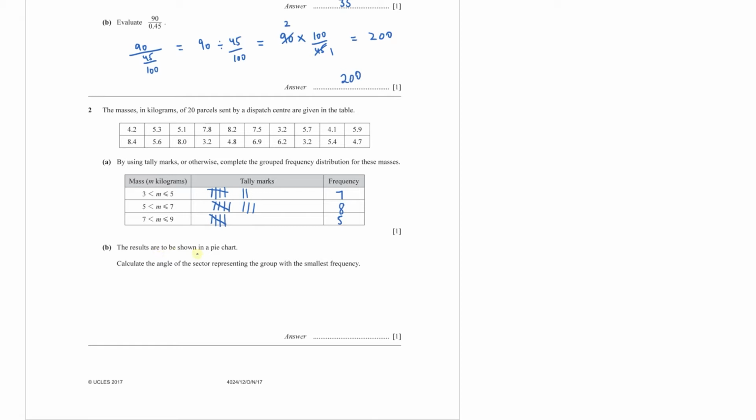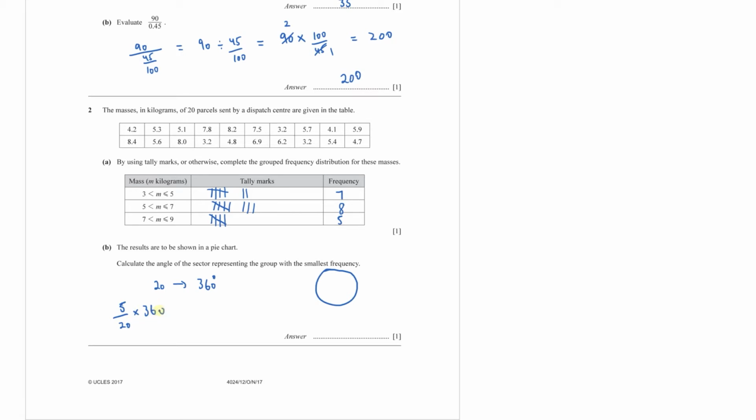The results are to be shown in a pie chart. Calculate the angle of the sector representing the group with the smallest frequency. So the group with the smallest frequency is this 5. Since you have 20 parcels, they will be represented by 360 degrees in the chart. So this is your pie chart, and the full 360 degrees is represented by 20 parcels. And we have to find the angle for the smallest frequency, which is 5. So the angle in the pie chart for the smallest frequency will be 5 over 20